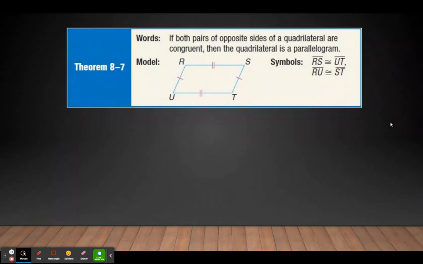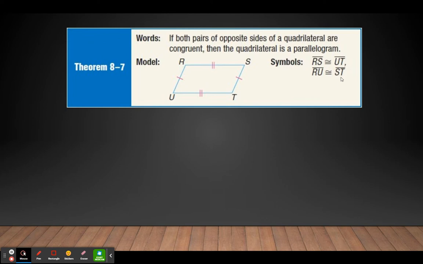So let's take a look at our first test, which says if both pairs of opposite sides of a quadrilateral are congruent, then the quadrilateral is a parallelogram. So here I have one pair of opposite sides, RS and UT, that are congruent, meaning that they're the same length, and that's noted by the double hash mark here, and it's written symbolically here. I can say the same about side RU and ST being congruent as noted by the single hash mark here